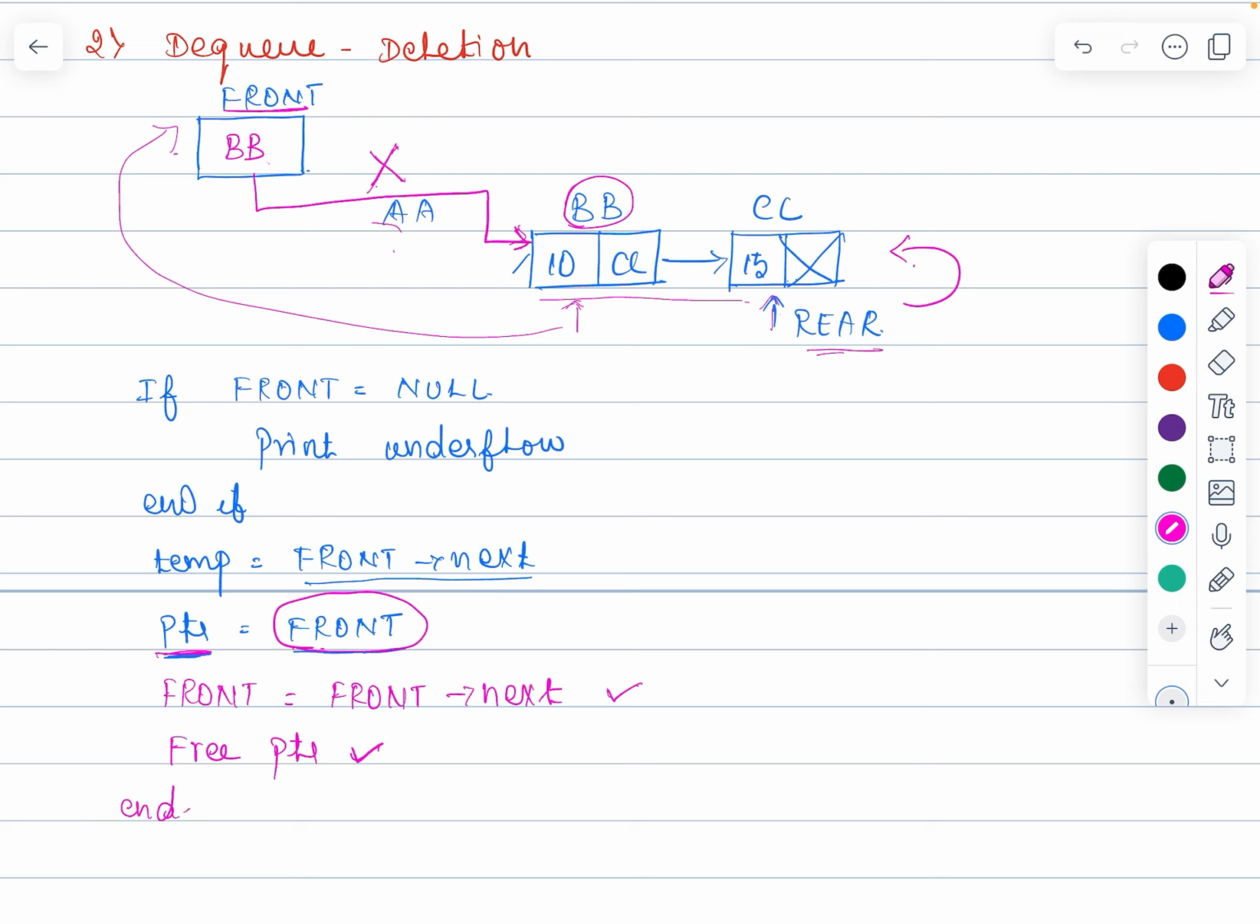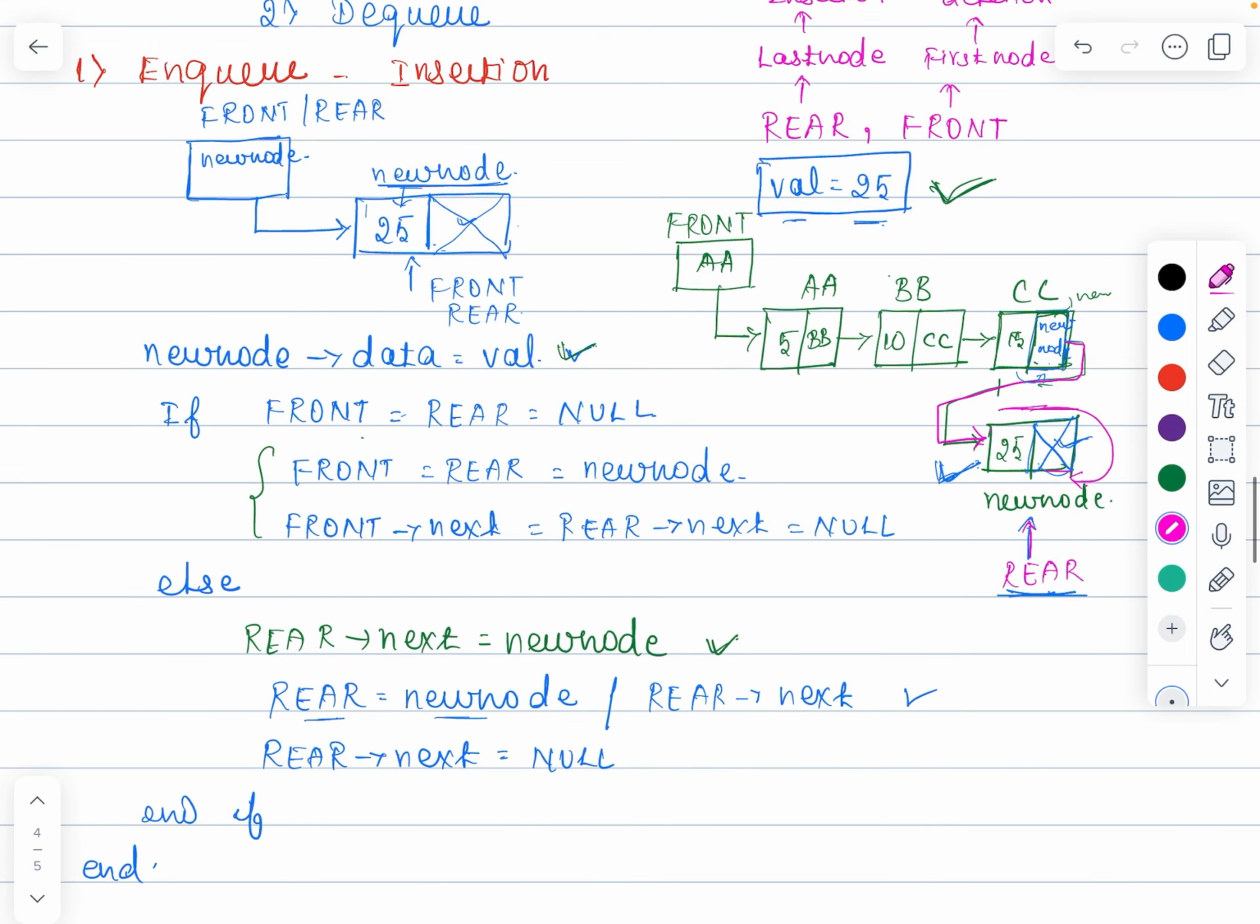This is how we are supposed to perform deletion in a queue using the linked list data structure. If you look at the pseudocode, this pseudocode is exactly the same as performing insertion at the end in singly linked list. If you check this pseudocode for performing deletion, it follows performing deletion at the beginning